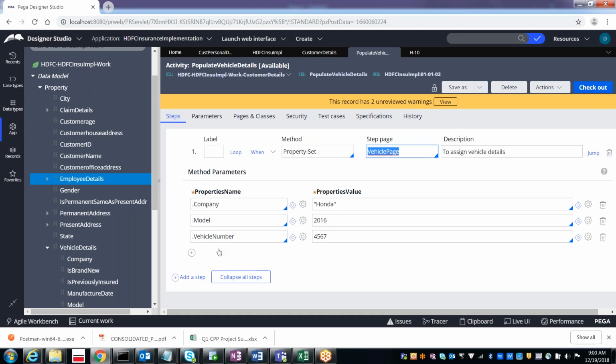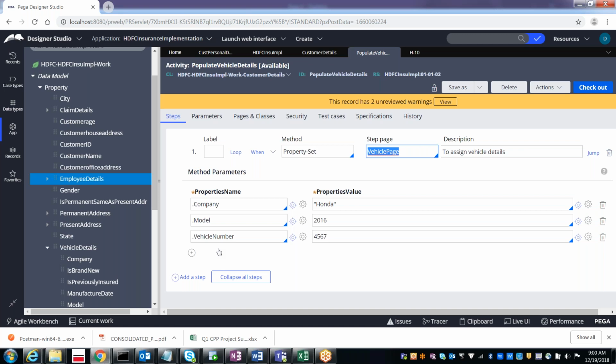OBJ save will save these values to the database. Right now I did not save it, so this information will not be in the database. It is just available on the clipboard only. It's like a cache. Exactly, cache. Whenever you close the clipboard, it's gone.